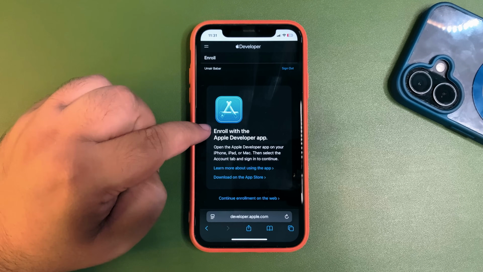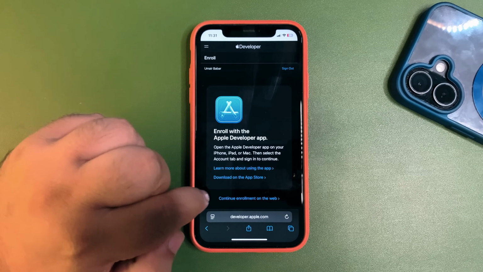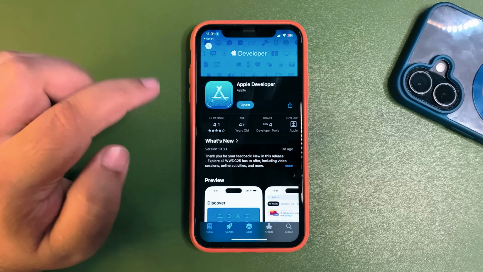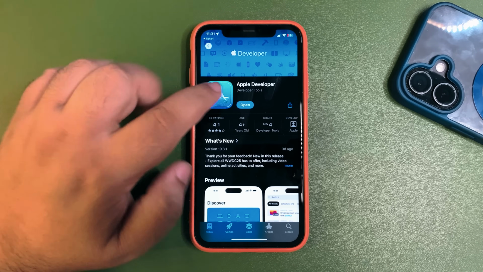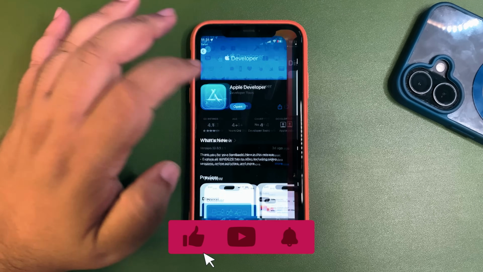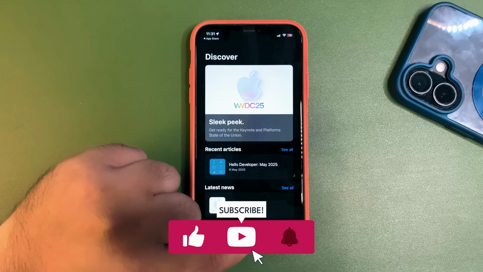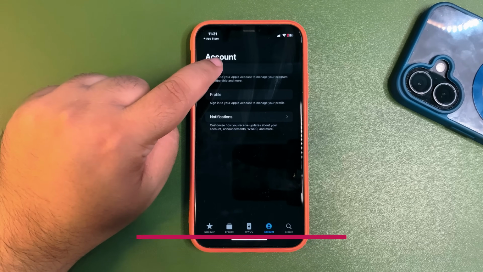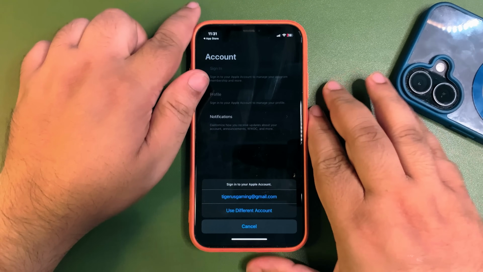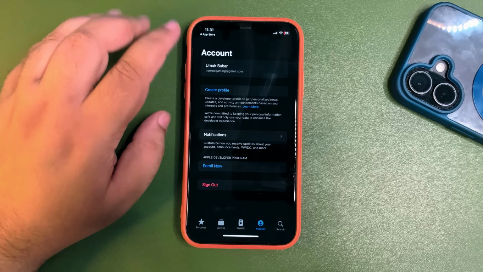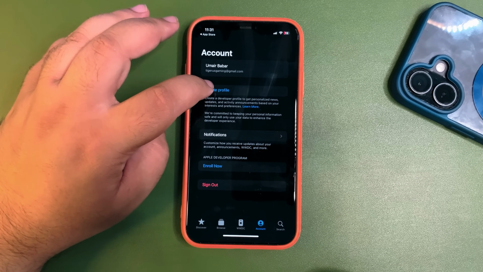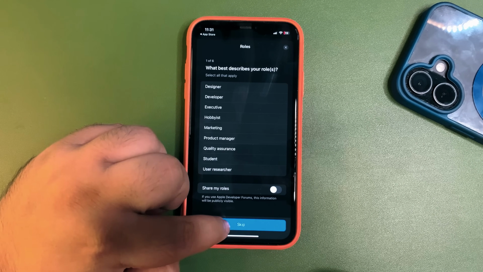So I'm going to enroll now, enroll today. And now I need to install this app, as you can see. So download on the App Store. Now it will take me to the App Store. You need to install the Apple Developer app. Once you have installed the app, open the app, and from there go to Account, and over here sign in again using the same ID. So I'm going to sign in. After I sign in, I will see the option of create profile. So tap on that, just skip that,